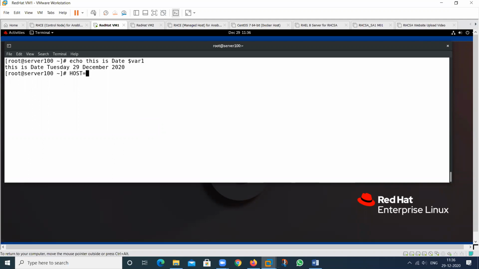and $ sign, again the name of the command, hostname, then see, echo $, then this particular name, this name, C. So this is my hostname. So we can use this particular command value in a variable. This is my variable. So we use this $ sign, then this one. So this is the concept